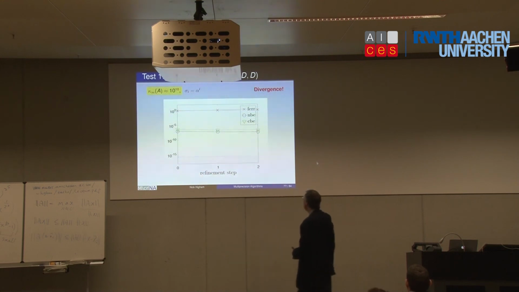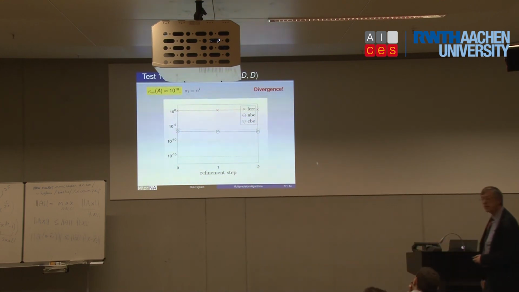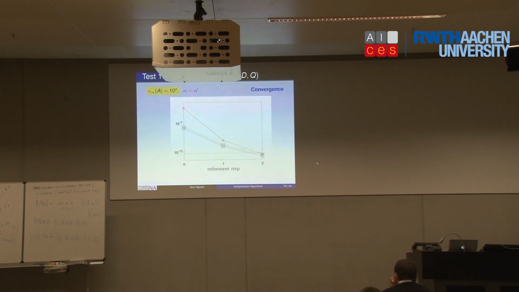And we can see that this is just not converging. The refinement here is not converging after 2 steps. Would it help if I compute residuals in quad precision? No, makes no difference whatsoever. In fact, the theory says that the precision for the refinement does not appear in the convergence condition for the iteration. So that's not surprising. The difference here is I've got a better conditioned matrix, 3 different precisions, and I'm getting convergence in 3 iterations. So this is all just with standard LU. This is not the GMRES version so far. So that's a nice case where you can factorize in much lower precision.